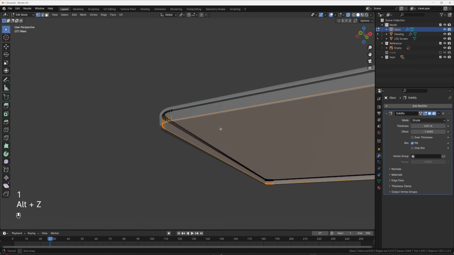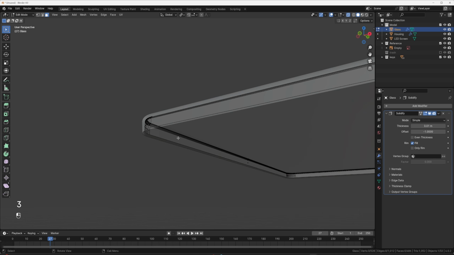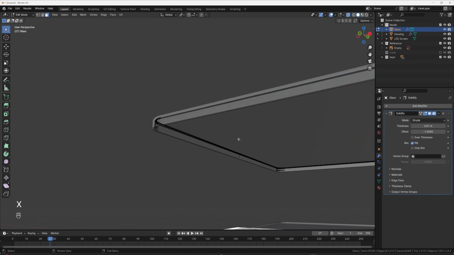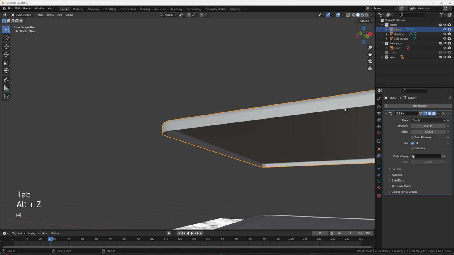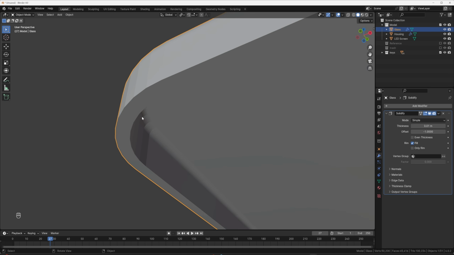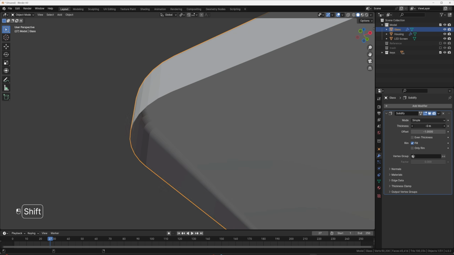Okay. This face, I think, is an actual solid face. I don't want it to be. So I'm going to delete that face. I'm also going to turn off the reference for a second. Okay, now we've got basically what I want. I just want to have some thickness to this glass piece. I'm just going to bring this down.